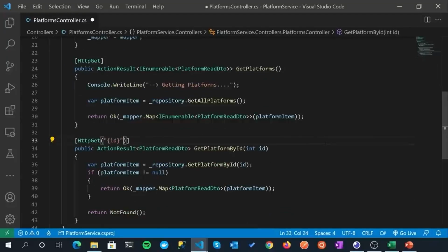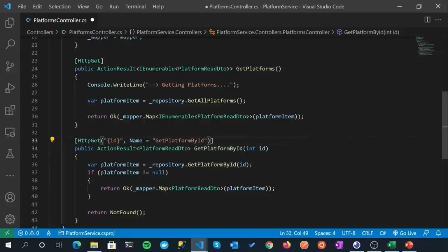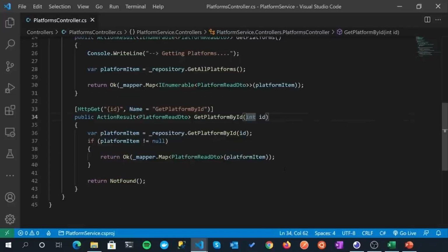Now, the other thing we're going to do while we're doing this, I'm going to give this a name, and you'll see how this comes into play in the next short while. I'm just going to give it exactly the same name as the method signature name. And we actually make use of this a bit later on in our next action result. Okay, cool. There we go. So that should be okay now.